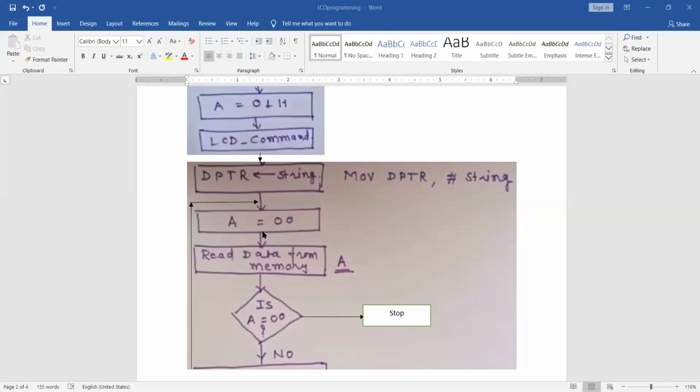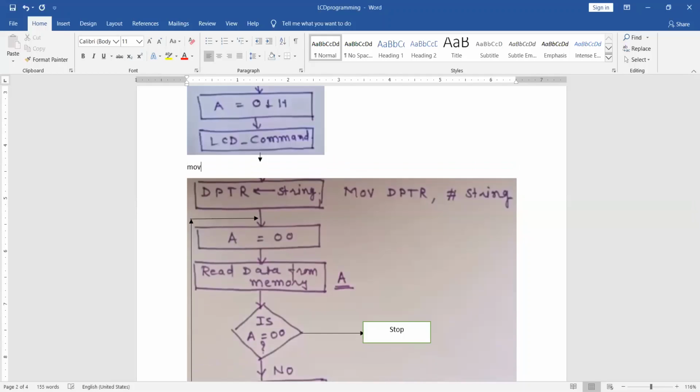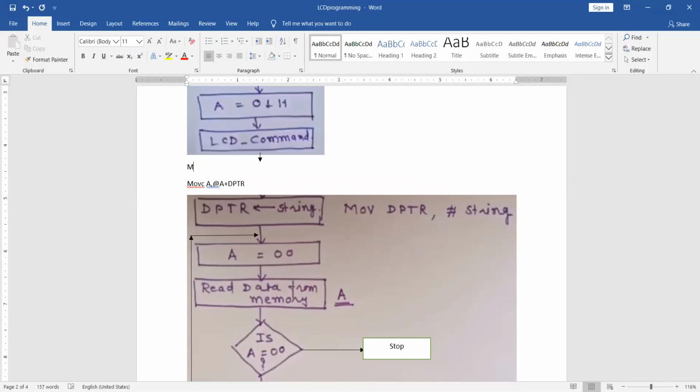So that's why I am writing CLR A, A equal to 00H, because you have to use the instruction MOVC A, @A+DPTR, but before that you have to set A to 0. Then only it will read whatever value of DPTR is there.